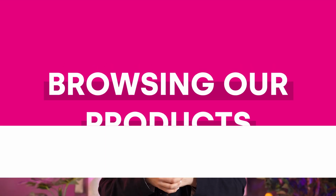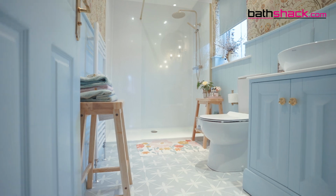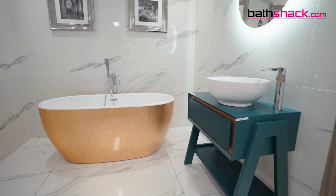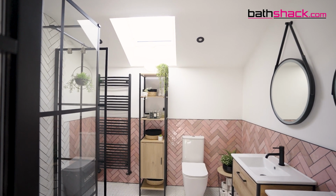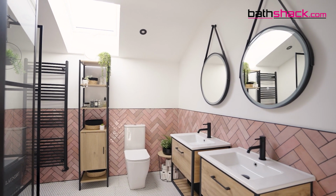Browsing Bathshack products. Head over to Bathshack.com to get an idea of the styles of products we offer and what designs take your interest. We have over 5,000 products on site, so we're confident there'll be something for everyone. If you know you want something that reflects your personal style but are struggling to piece your design together, don't miss out on checking out our socials for inspiration. Our Instagram, TikTok, Pinterest and YouTube are all filled to the brim with bathroom inspiration for whatever style you're going for. We've featured some stunning, real customer bathrooms that have followed a bold and beautiful look that can help kickstart